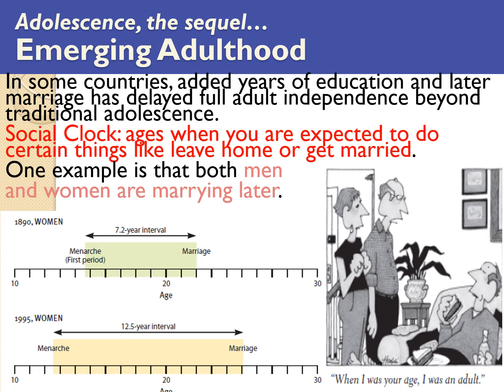Then it was, all right, you can get an associate kind of degree. And then it was a 4-year degree. And then it became, I don't just want a degree, I want a degree with some experience. The reason that social clock has changed so much is that women that went into a marriage right off the bat had no fallback. So if their significant other divorced them, they had no experience, no qualifications, nothing to fall back on.